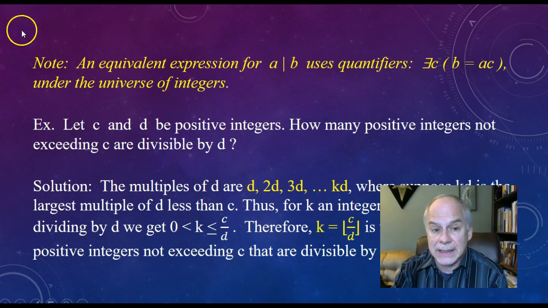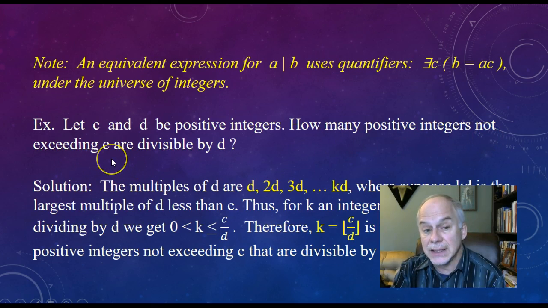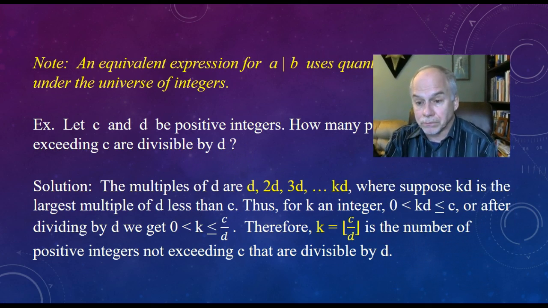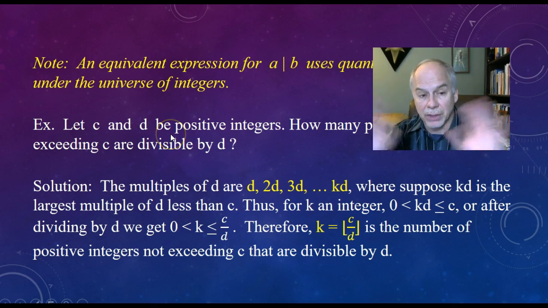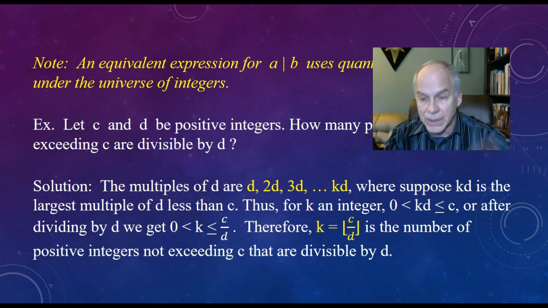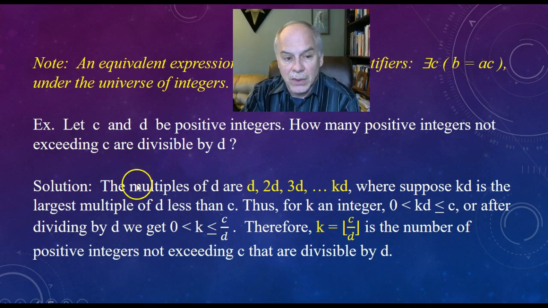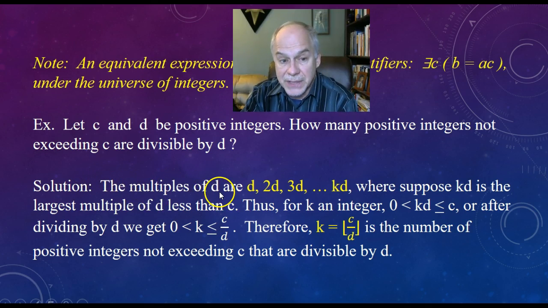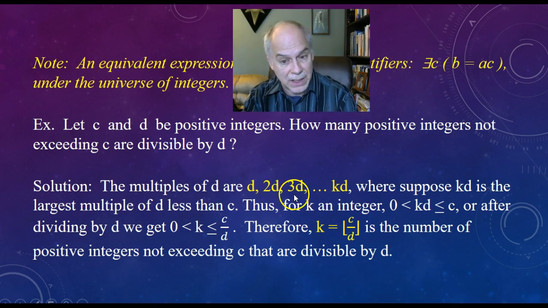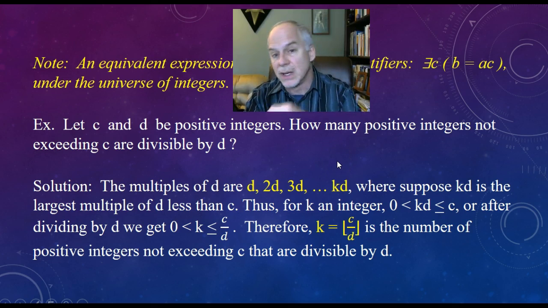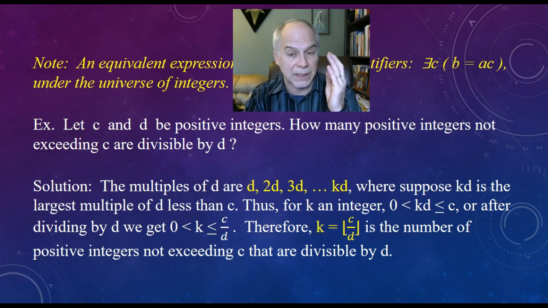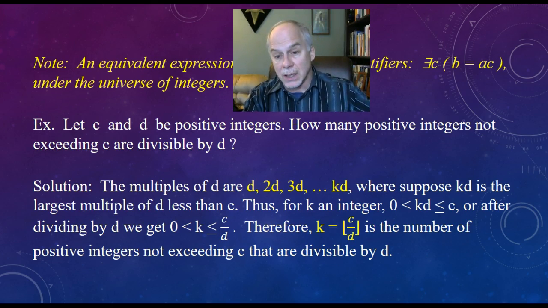Now, let C and D be positive integers. How many positive integers not exceeding C are divisible by D? Okay, well, it's just a whole other question. C and D are just two numbers. It's not the same C that's in the definition a minute ago. But if you look at the solution, the multiples of D are D, 2 times D, 3 times D, 4 times D. So like if we're talking about multiples of 7, it'd be 7, 2 times 7 or 14, 3 times 7 or 21, all the way up to